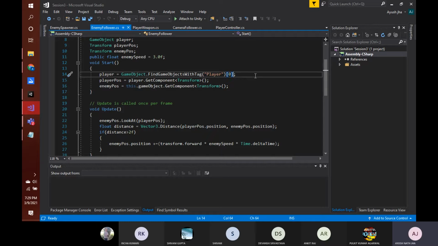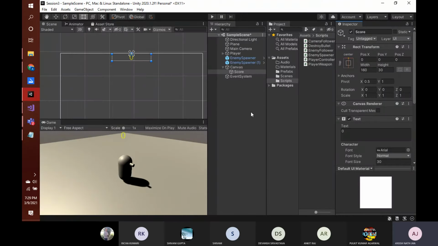But now since we'll be having multiple instances of our spawner, we'll have to create a list instead of a single variable of the type game object.